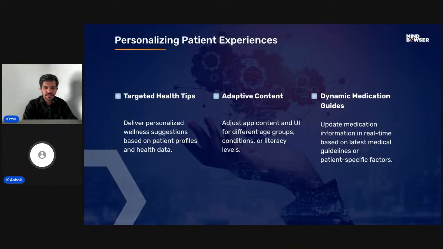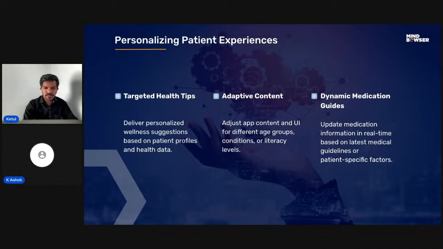You can say, if any guidelines or drug instructions are updated, we have to inform users immediately on your app. If we update any information in configuration, that allows you to ensure that patients have the most accurate information